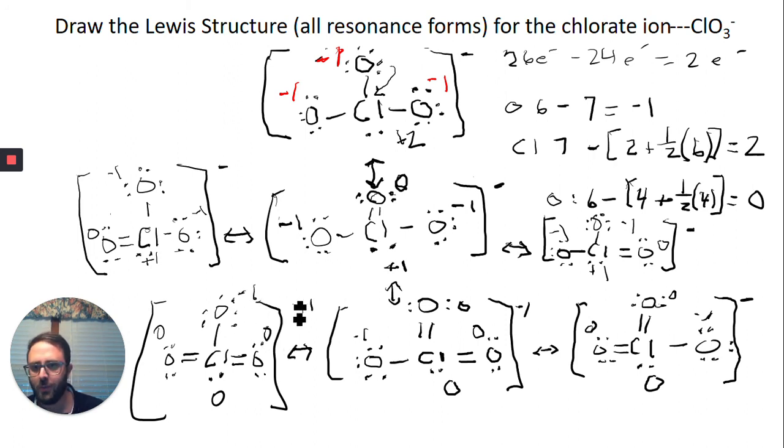Now the formal charge must add up to the overall charge, right? So each one of these resonance forms, the formal charge inside of the bracket should add up to the actual charge of the molecule. So it does here as well, right? So here's a 0, here's a positive 1, negative 1, negative 1. That would give me a negative 1. Okay, so what we would say about these resonance structures, there are 7 total